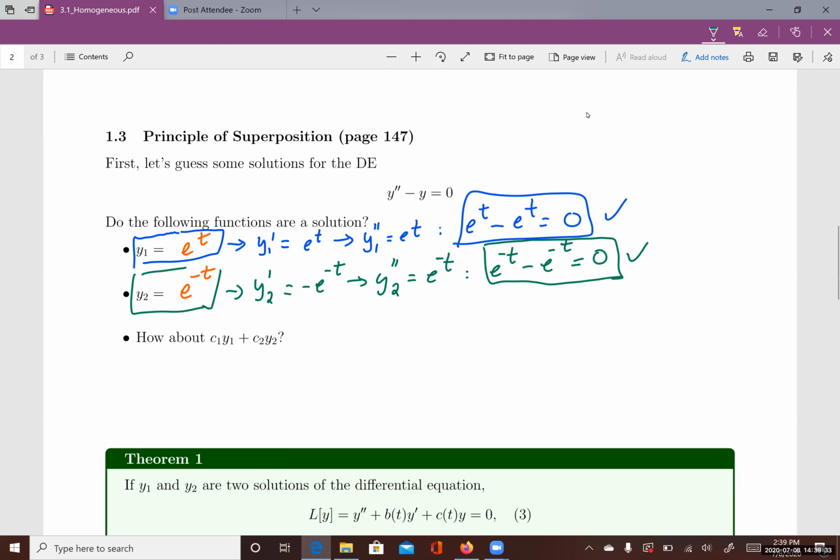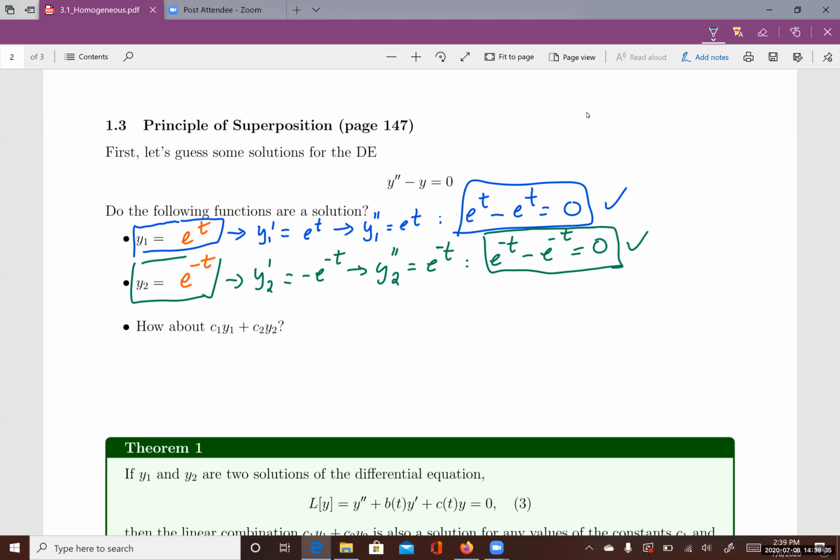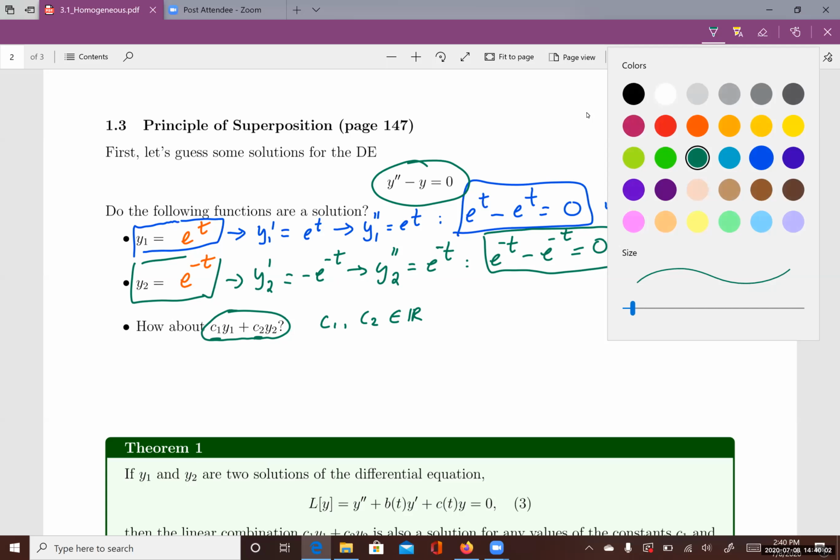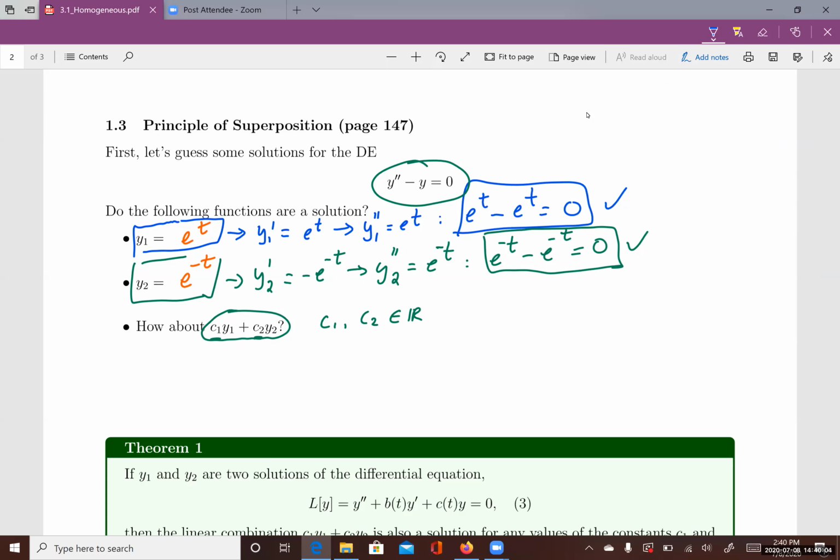But now, what about when I take a linear combination of these two functions? That means I take the first function multiplied by a constant c1, and the second by c2. c1 and c2 are constants, just real numbers, right? I want to know whether this new function, this linear combination, is also a solution to this differential equation or not. In order to figure it out, again, I just need to find